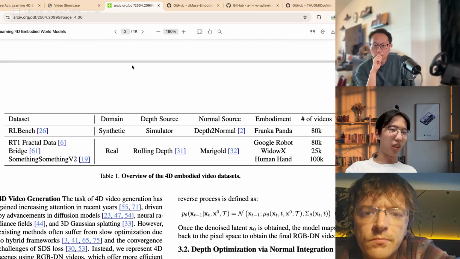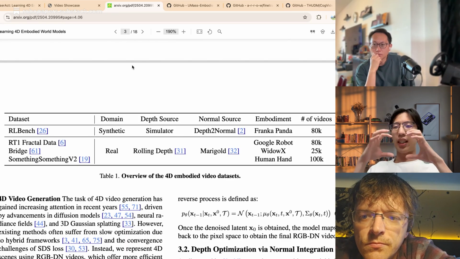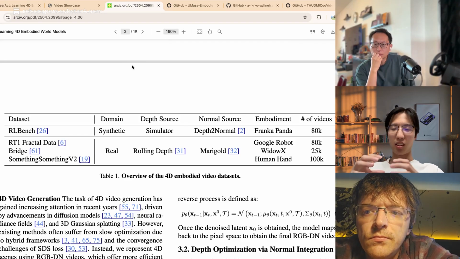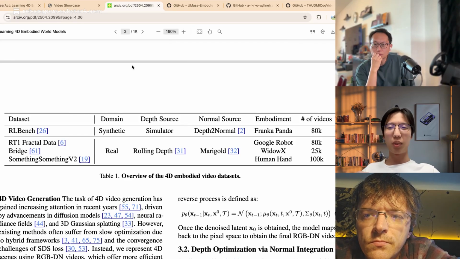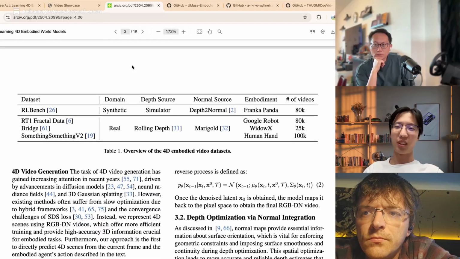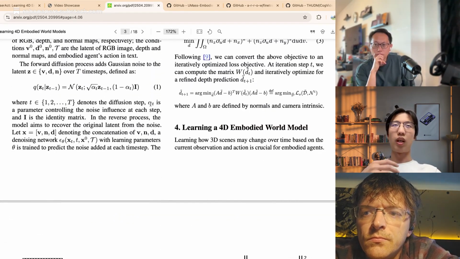We will also give some camera position conditions or some action conditions to our world model. Then we can control the robots in the video, in the imagination, easily.